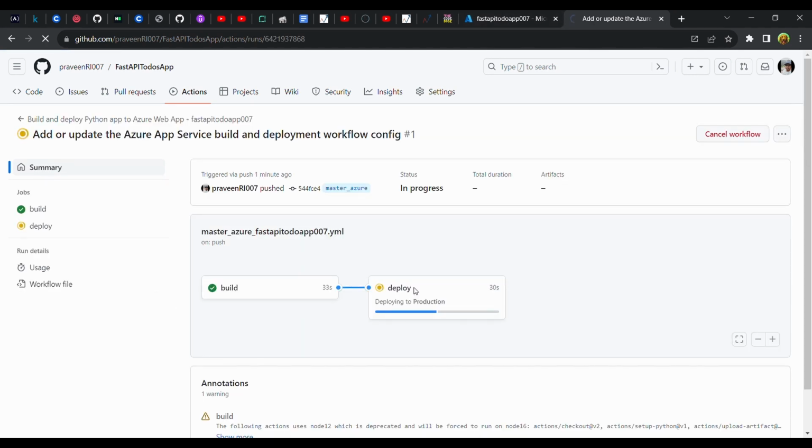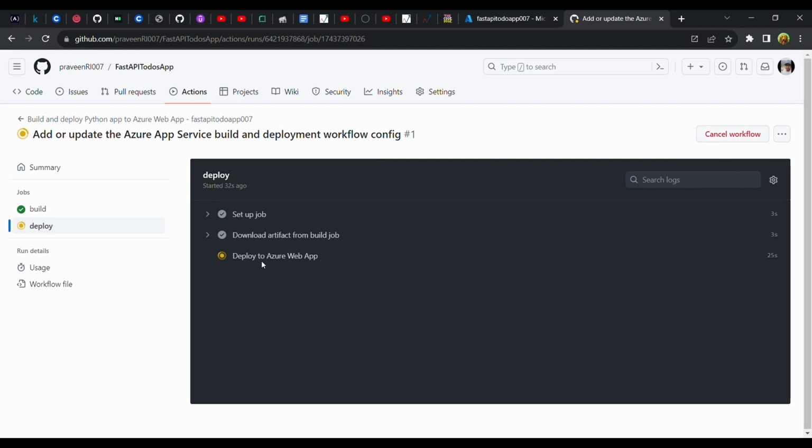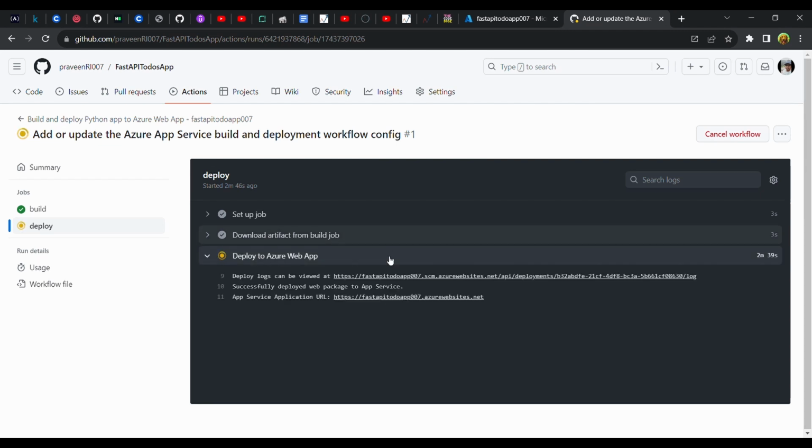So in here we can see all the workflow that is being carried out. So it would take some time, 2 or 3 minutes. Okay, so after it's completed, let's just